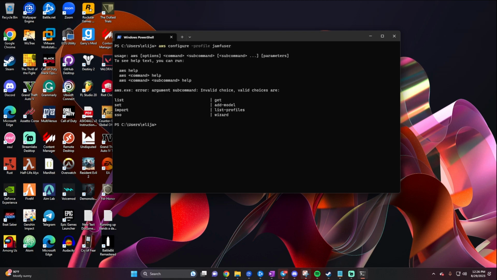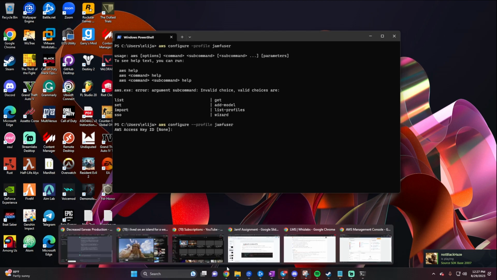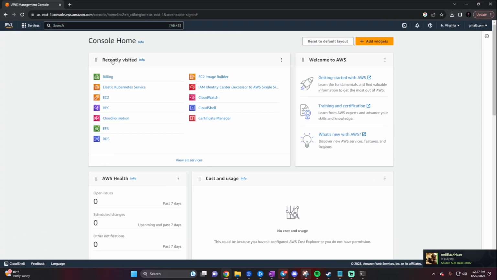Now this username could be anything, but in this case, oh, I'm sorry, it's two hyphens, --profile. And we're going to use the AWS access key from here. Actually,